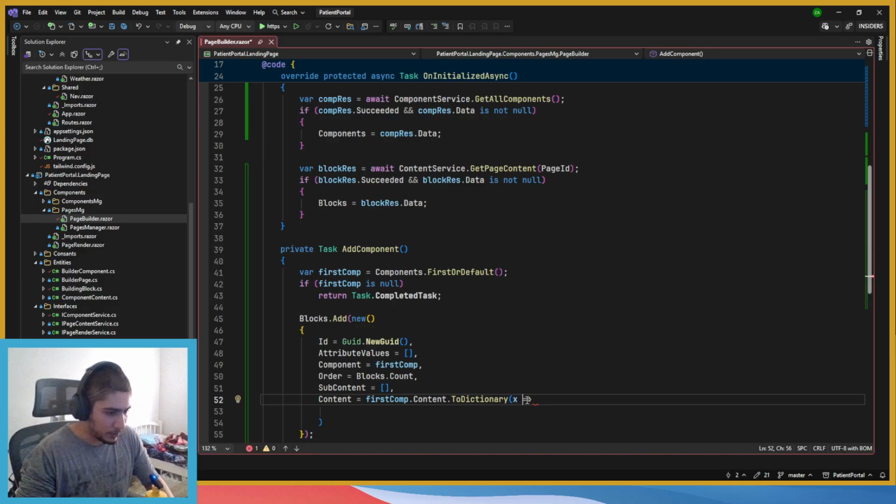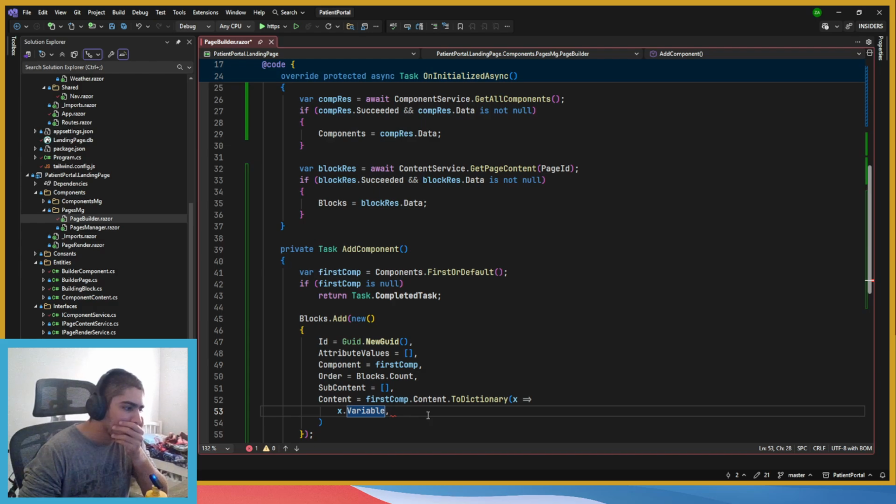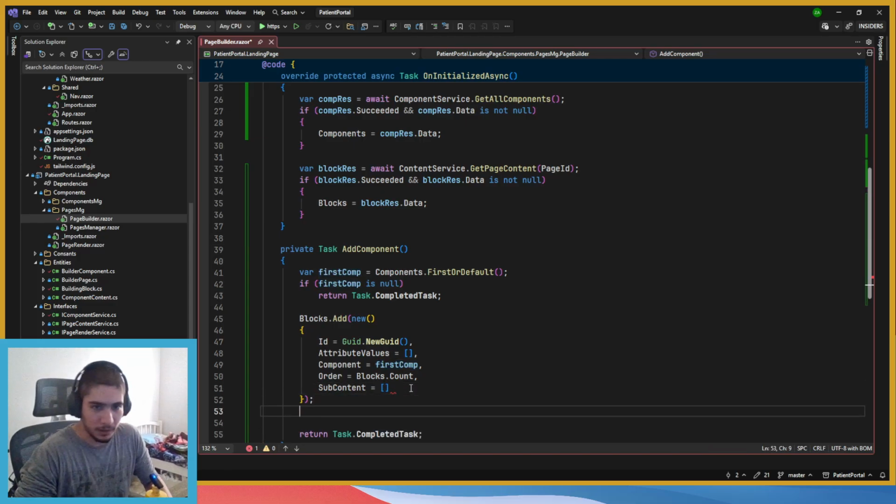This is probably for selecting the key, I think. Variable. No, I don't want this. Okay, I'm going to do it outside, I guess.